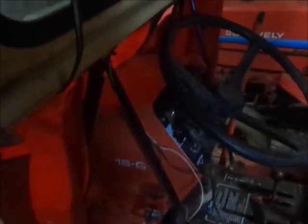Actually, the hood's hitting on something somewhere. Oh, it's hitting on this bar over here where I bent it. Oh, I can fix that. That's no problem. But anyhow, I ended up bolting the switch for the beacon light